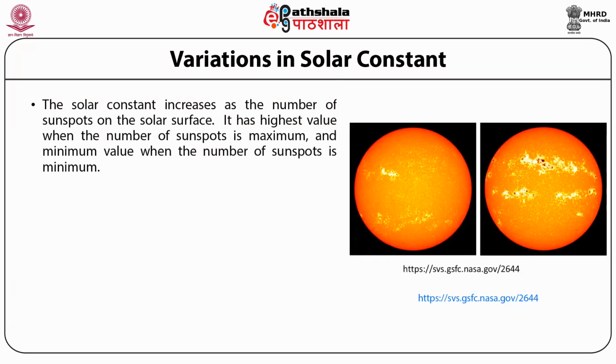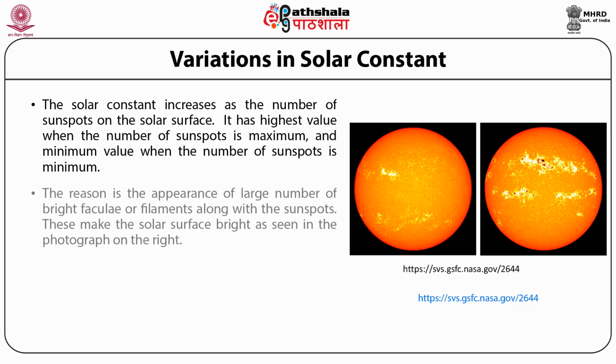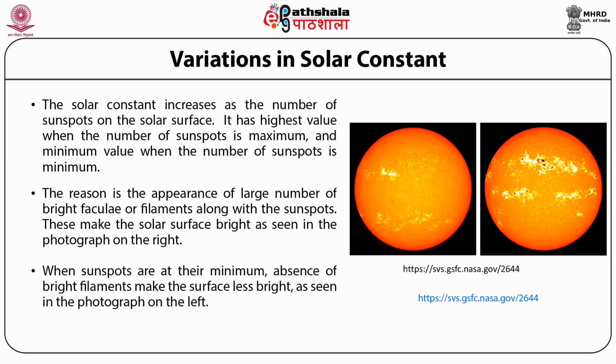The solar constant increases as the number of sunspots on the solar surface increases. It has its highest value when the number of sunspots is maximum, and its minimum value when the number of sunspots is minimum. The reason is the appearance of a large number of bright facule or filaments along with the sunspots. These make the solar surface bright, as seen in the photograph given here. When sunspots are at their minimum, the absence of bright filaments makes the surface less bright, as we can see in